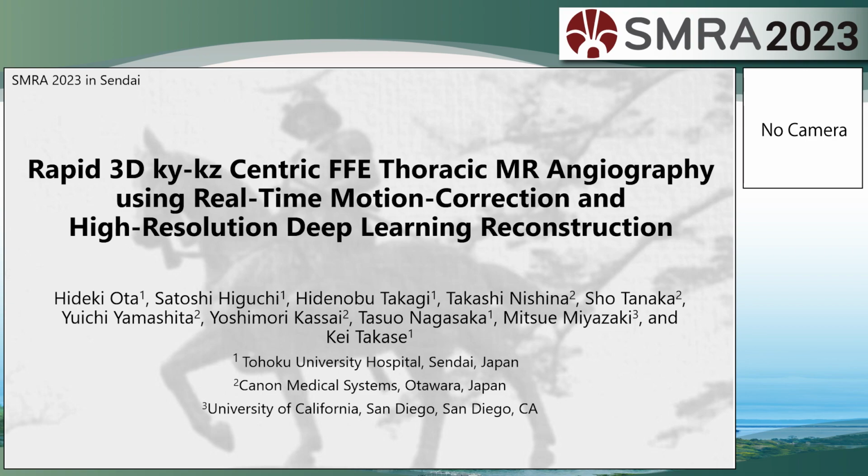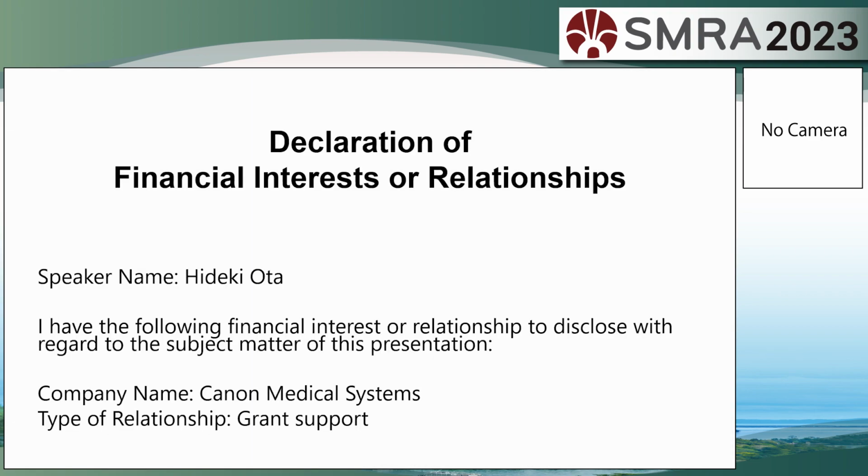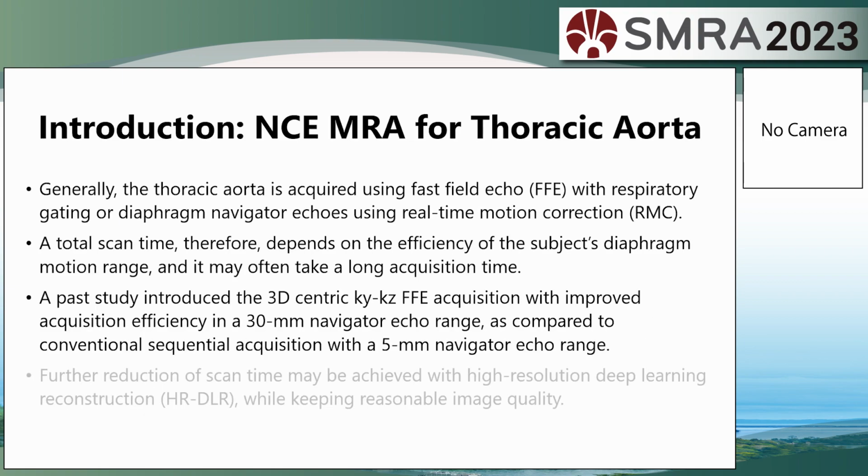So my talk is about the rapid acquisition of thoracic aortic MRA. And here's my disclosure. I have a research grant from Canon Medical Systems. Generally, the thoracic aorta is acquired in a product type using fast field echo with respiratory gating or diaphragm navigator echoes using real-time motion correction. So the total scan time depends on the efficiency of subject diaphragm motion range,